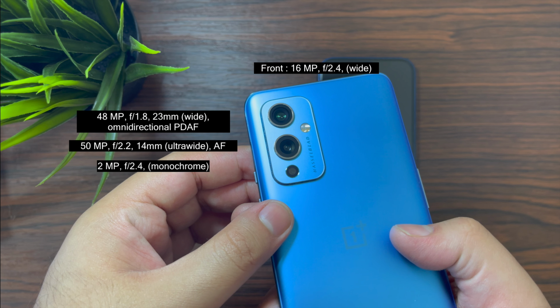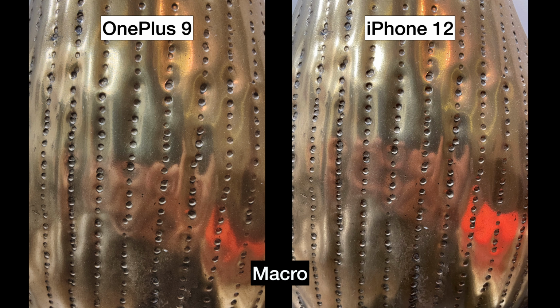Now the ultra wide portrait. The edge detection of the iPhone is far superior compared to the OnePlus 9. Though the OnePlus 9 is also good, I like how the iPhone has shifted and kept the background really blurred. Now this is a normal portrait. In this also I prefer the iPhone, the way it has managed to carve out the front and the back. It's just amazing. But let me know down in the comment section what you think about these photographs, because according to me this is becoming a single iPhone win here.